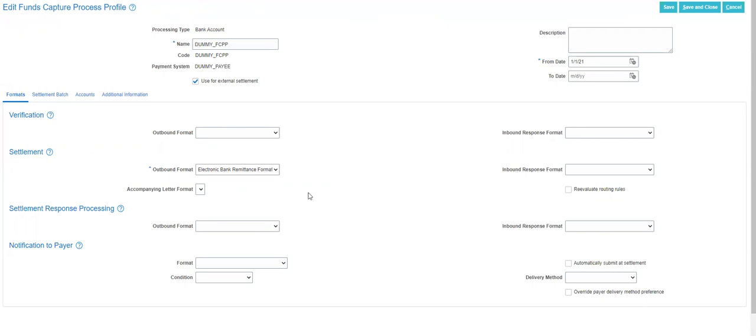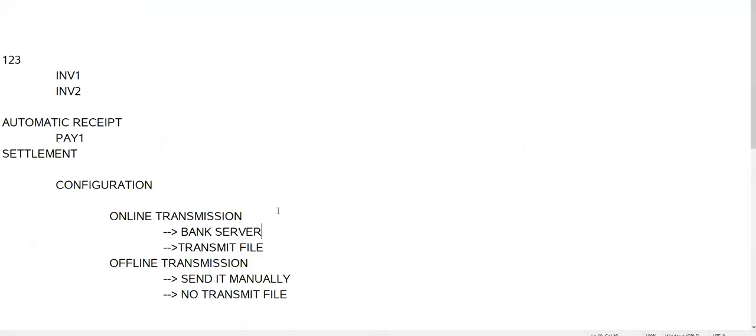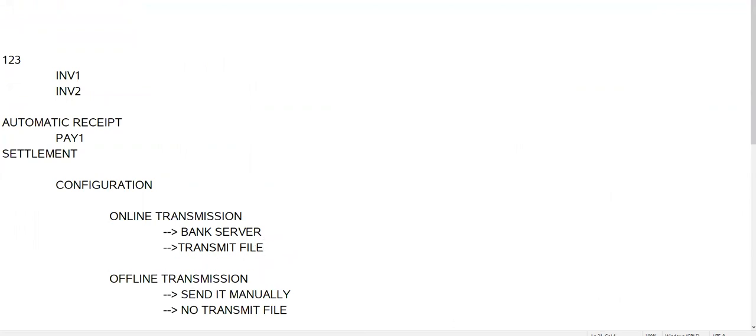Now, in case of online transmission, a bit off track, what happens is that we transmit the file, and after transmitting the file, there will be an inbound message from the bank saying they have honored the file or there is a problem.